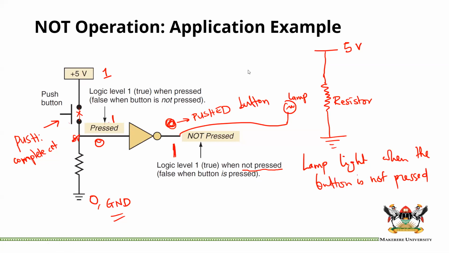I would ask you to give me some examples of push buttons. For instance, when you go home and you have a push button at the gate, those alarm things that you use to notify people in the house that there is somebody at the gate. When you press it, that one, the operation would be different from this one, because you want that when you press it, you have a 1 here, and that will go into the bell to ring the bell, and if no one is pressing the button, you would want a 0. Yes,